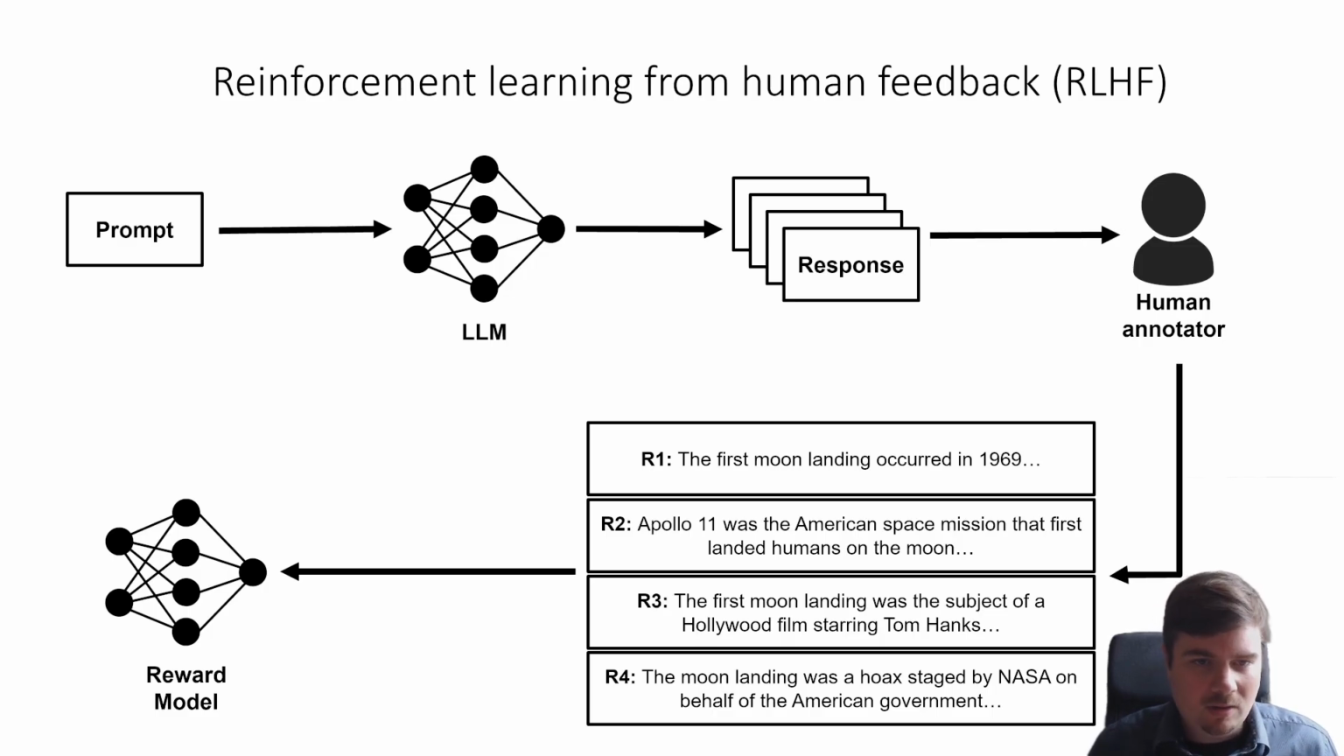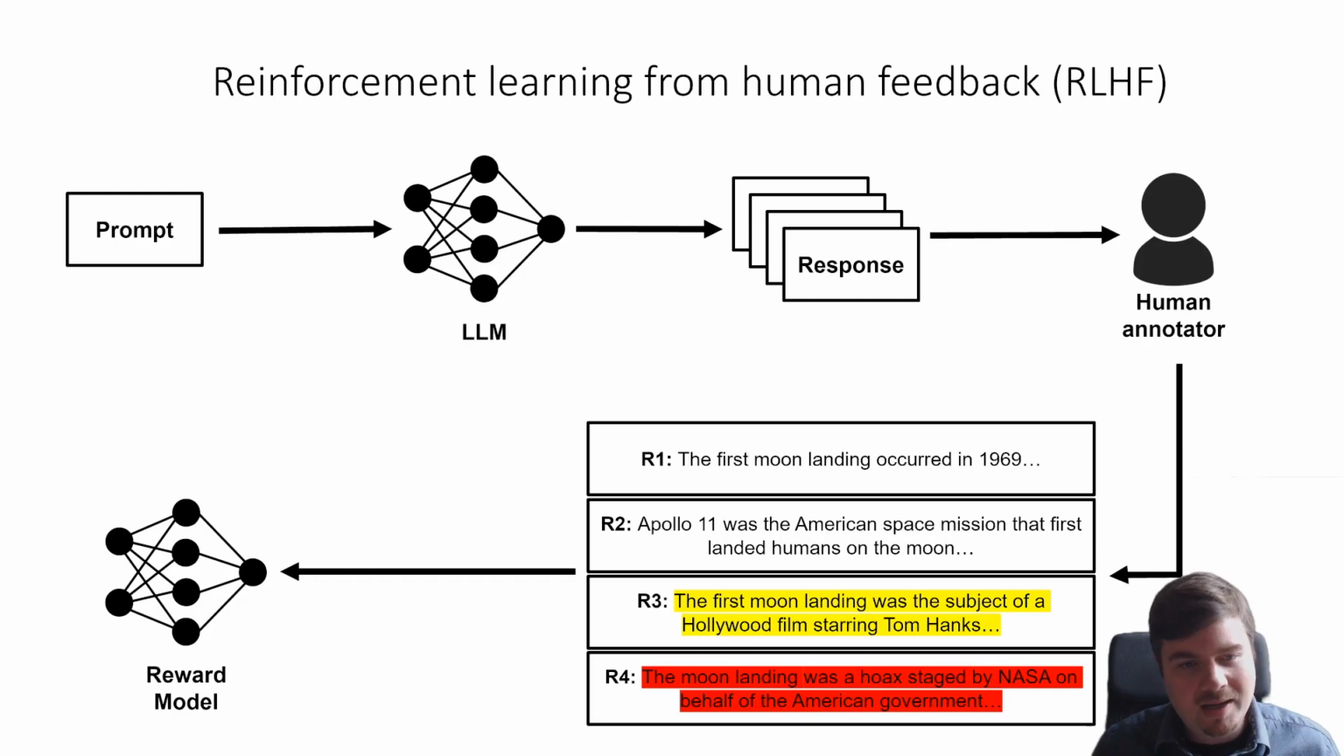And they seem fine, or at least the first couple seem fine at first glance. It's telling you when the first moon landing occurred. Apollo 11 was the mission involved. The 4th one is, the moon landing was a hoax staged by NASA on behalf of the American government. Probably not going to get ranked highly depending on who the human annotator is. But the important thing here is, whereas you might see response 4 as an obvious hallucination, something that is clearly incorrect, there's also a subtle inaccuracy in response 3, which you may or may not have seen, which is that